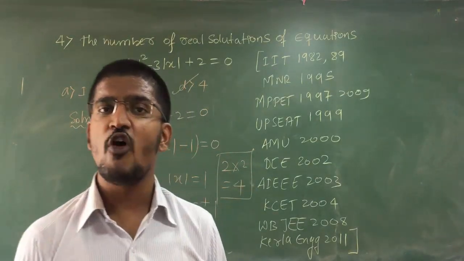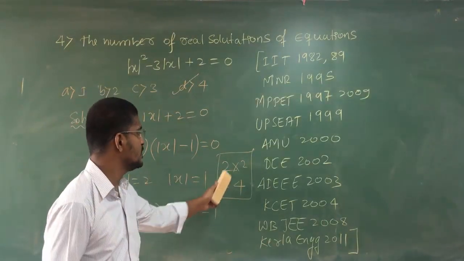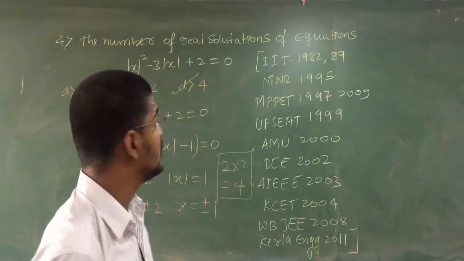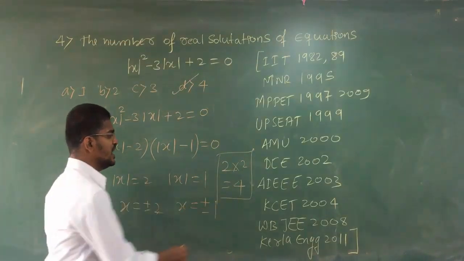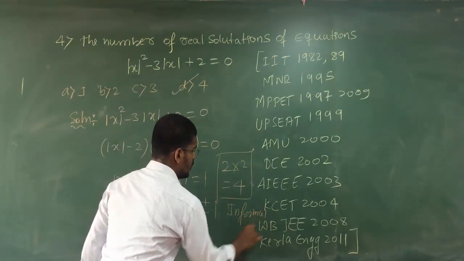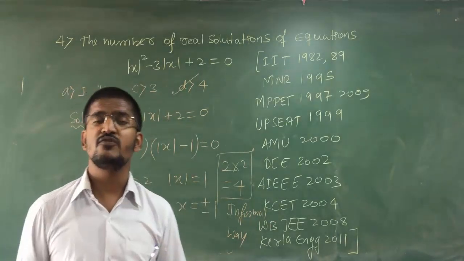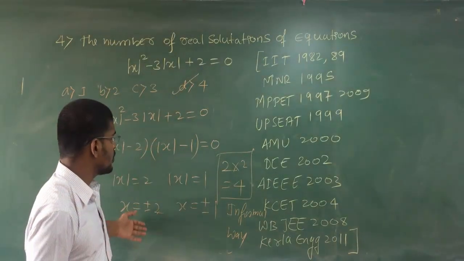This is not your formal way. This is an informal way of solving competitive exams. Without writing anything, you are getting your answer. That is 4. 4 is your option. That is also the correct option. That means this is the informal way of solving, not the formal way. The first 2 cases were the formal way. Case 1, case 2. That was the formal pattern.